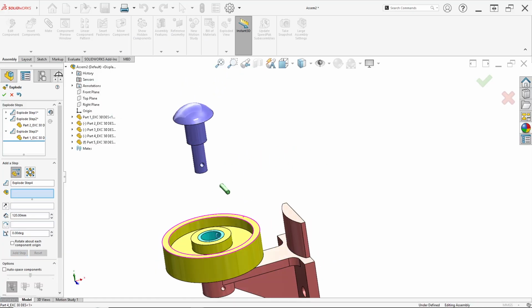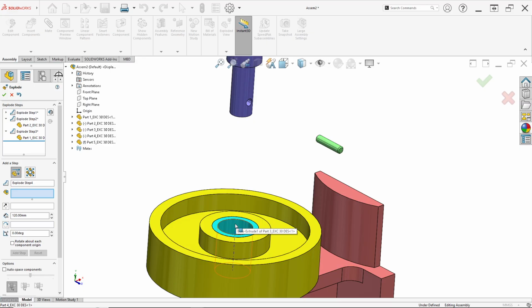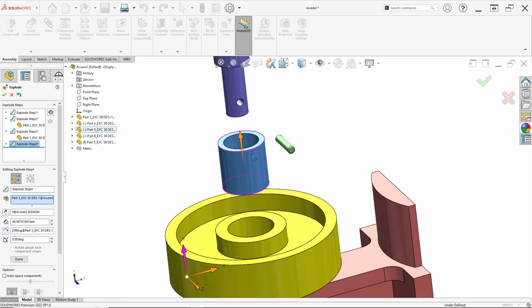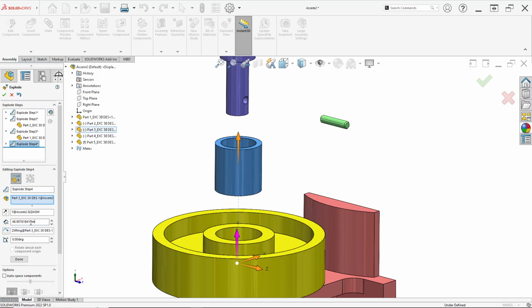Click done, and now we can click on step 4 in part 3, this part, direction to top like this. For example, in here I set for direction in the top distance in 55 millimeter.